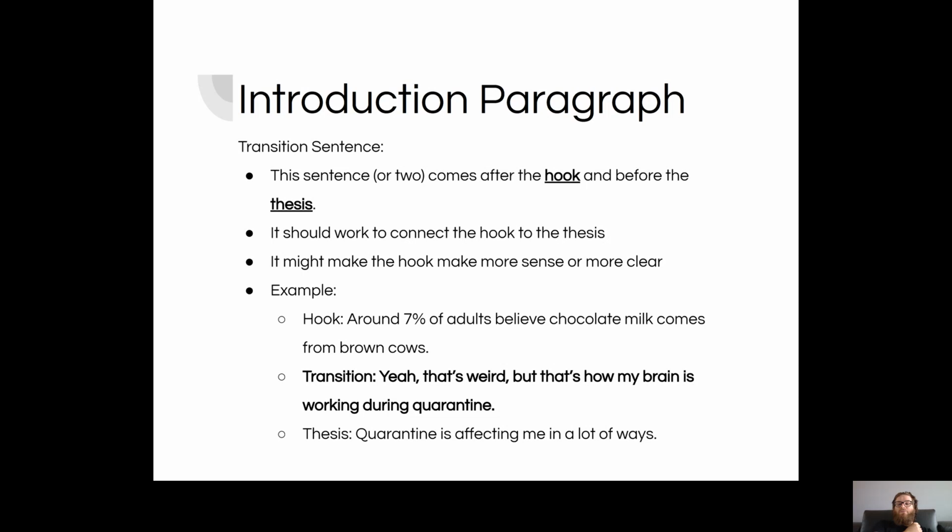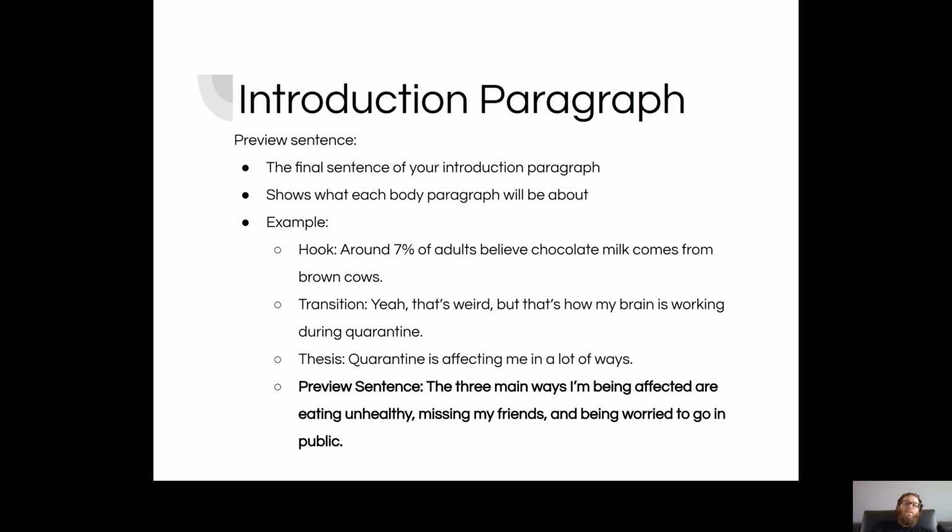Okay? Around 7% of adults believe chocolate milk comes from brown cows. Yeah, that's weird, but that's how my brain is working during quarantine. Quarantine is affecting me in a lot of ways. Okay, that's a really great introduction paragraph because it kind of latches you on and also gives us something relatable, that our minds are all over the place during this quarantine, and then transition straight into exactly what you'll be writing about. And then the last thing I ask for is this preview sentence,